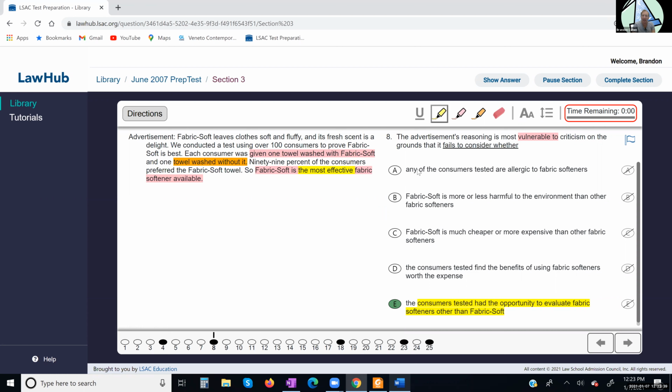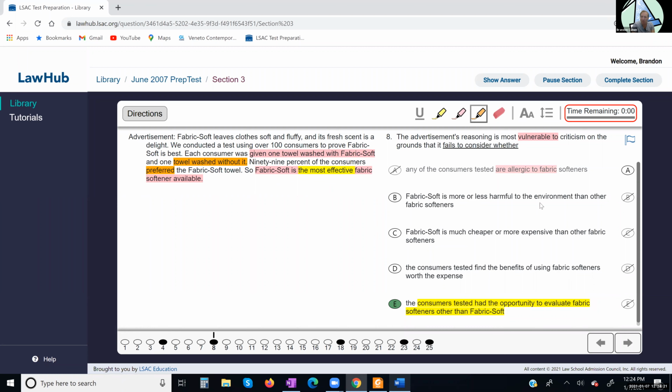Now, if we look at A, any of the consumers tested are allergic. If they were allergic or not, would not weaken the question of their effectiveness. We already had evidence that they preferred it. Okay, so there is a little bit of a jump here that the ones they prefer is effective. There's also the unrepresentative sample potentially, that 100 consumers are reflective. But here's what I'm going to say. So many places say, once you see 100 consumers, you should be thinking about unrepresentative sample. I guess, but notice they don't go there all the time. A lot of times they don't. These are all other mistakes that they could have tested on, but this one doesn't go to that. This is just bringing up allergies, and that's different language than anything we cared about. Wouldn't be related to their effectiveness.